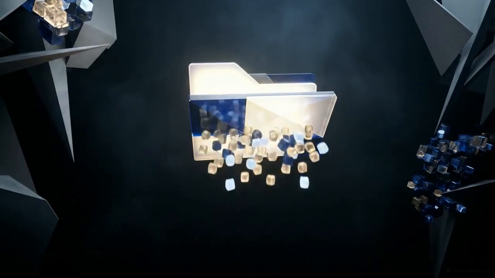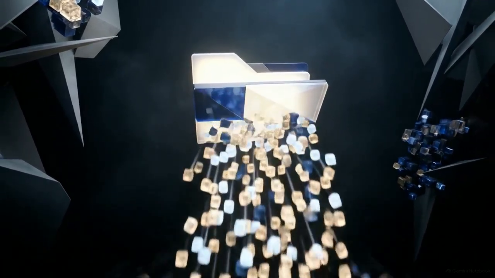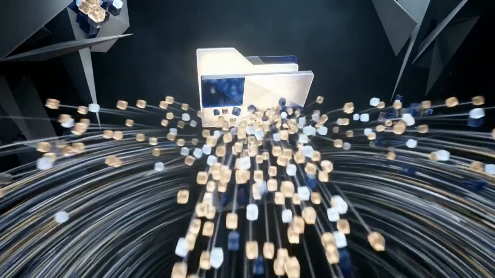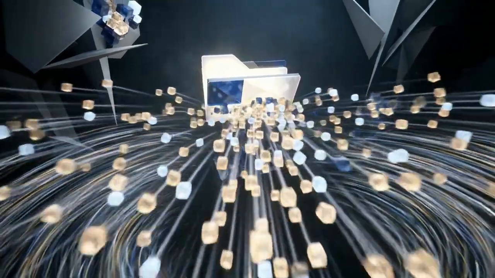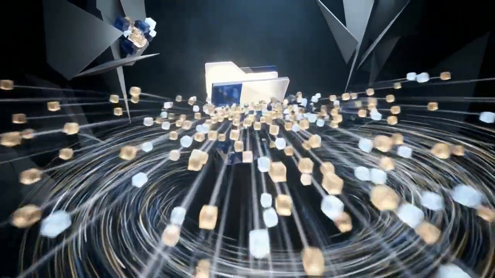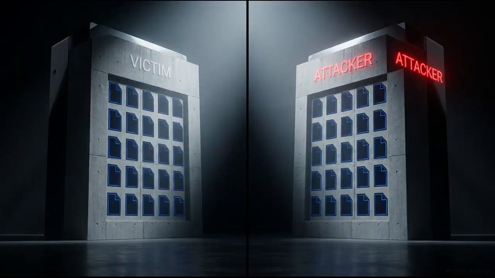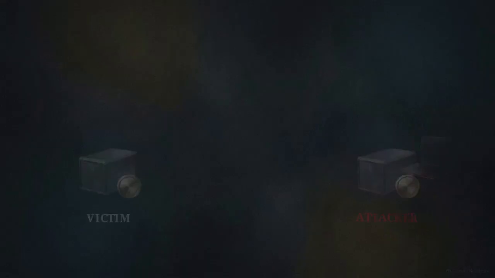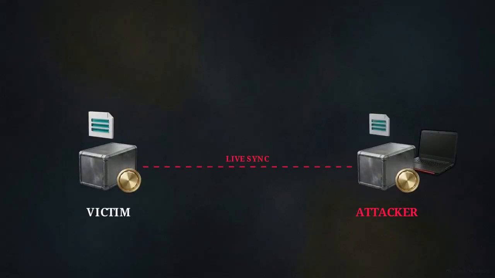An enterprise cloud drive drains into an unauthorized server. Proprietary source code, financial models, and internal communications leave the corporate network at maximum bandwidth. The attacker now holds a perfect mirror of the victim's data. Every existing file has been exfiltrated, and every future document saved to this drive will automatically synchronize to the adversary's